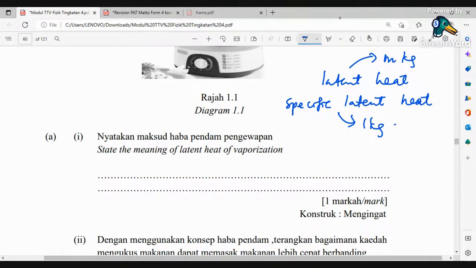Okay. So for latent heat of vaporization is amount of heat required to change